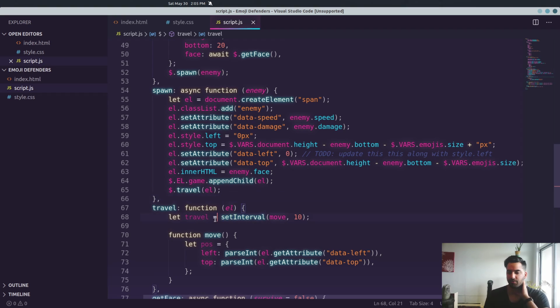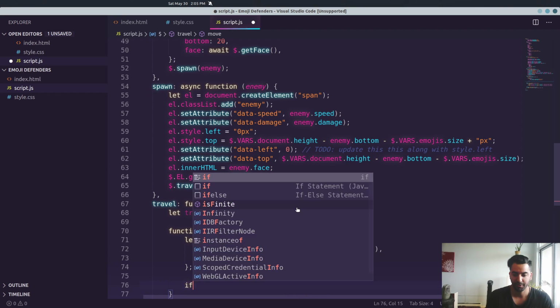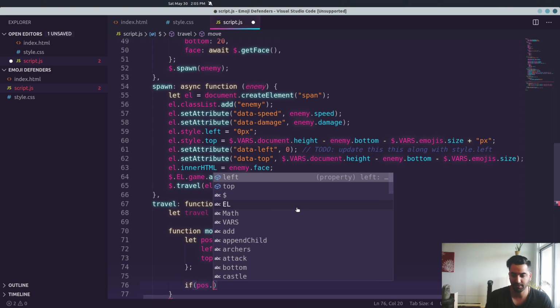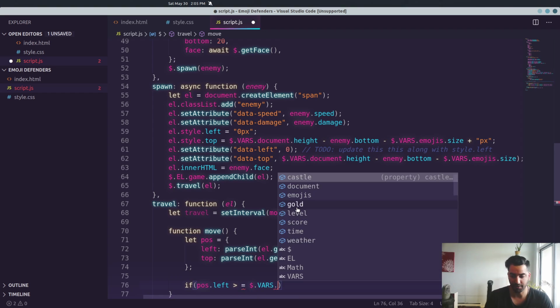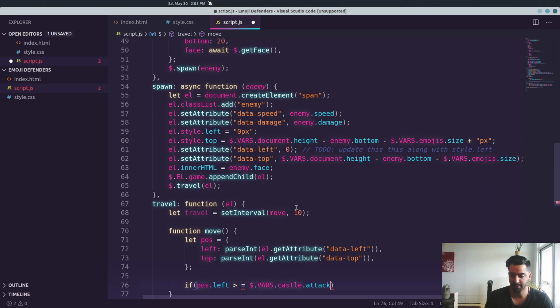Okay, so we got travel. We got move. We're getting the current position. So now what we want to do is check to see whether the emoji is finished moving or whether it still needs to move. So if pos dot left is greater than or equal to flowers dot castle dot attack, and pos dot top is greater than or equal